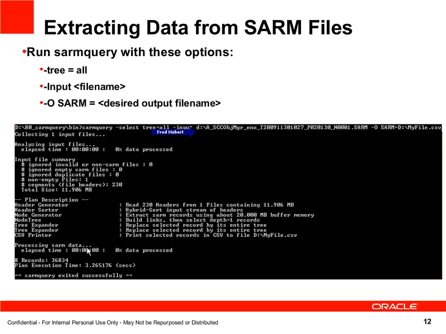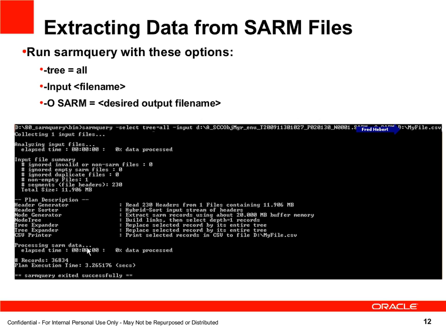And you can either choose a specific file name, or you can choose a directory. In my case, I chose D:/A, Siebel Call Center Object Manager, EMU for T 2009. So this is, again, an older SARM file for process number 20130, N0001.SARM. That was the second SARM file generated on that machine, not N0000.SARM. So that was the SARM file I chose. And I want to output -O that data as SARM data over to